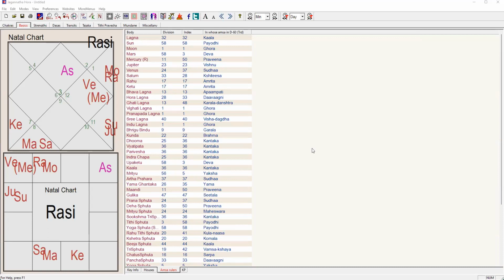Vishnu Amsha is considered. I had thought Mars would give blood pressure because it is in the 6th house, but then I saw that it is in Deva Amsha, and I checked quickly in the chart while you were showing, that is benefic, so Mars is also not giving trouble then.